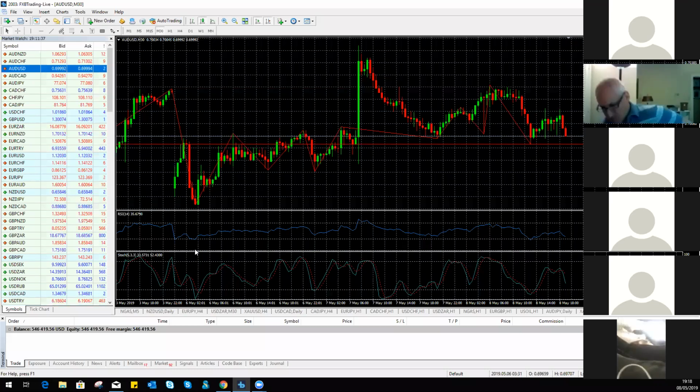Now, the oscillator works in a similar fashion to the RSI in terms that it gives me oversold and overbought levels. However, the oversold level comes at 20 on the stochastic oscillator, and the overbought comes at the level 80. So this tells me that when the market reaches the oversold at 20, there is